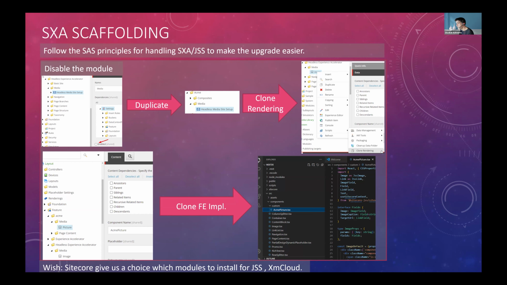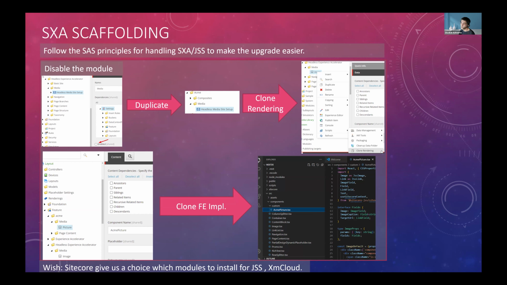Of course, the best case would be that Sitecore gave us the choice. I mean, they have some choices when you use npx create the JSS app. There are some questions, some steps that you can choose what to be installed.